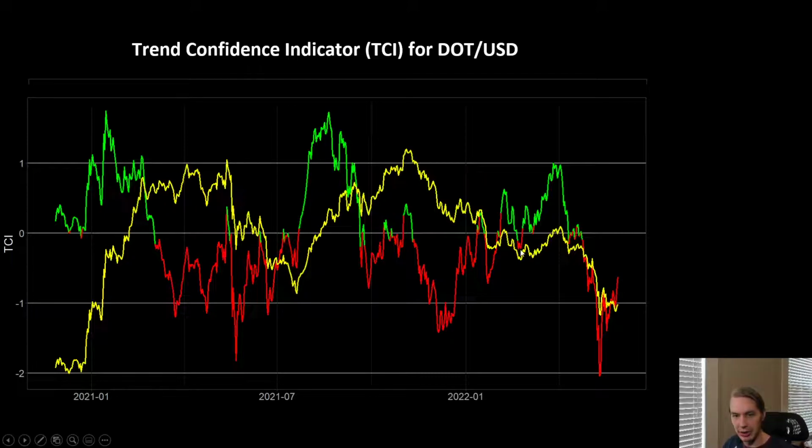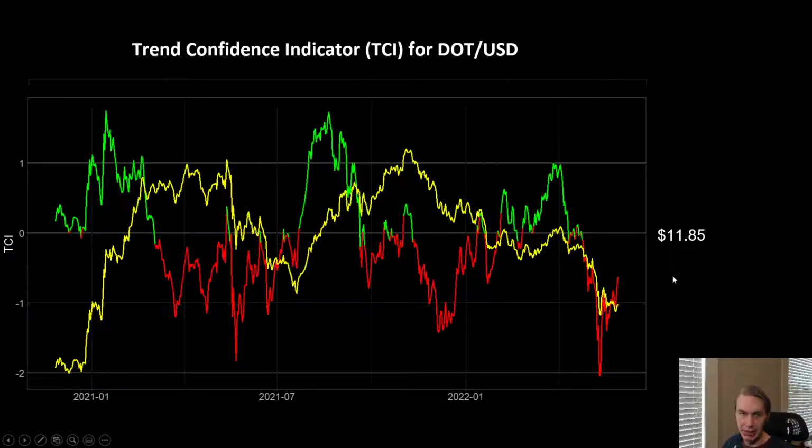And you can see that even through this point, when there was some potential reason to be bullish, maybe some possibility of reversal was getting bullish again here. Then, of course, the whole Terra UST situation unfolded and everything, and we just capitulated back down to the downside. And now we're trying to chart a course back towards zero. But again, until we can really break above zero here, there's not a whole lot of reason to be especially optimistic from the TCI's perspective.